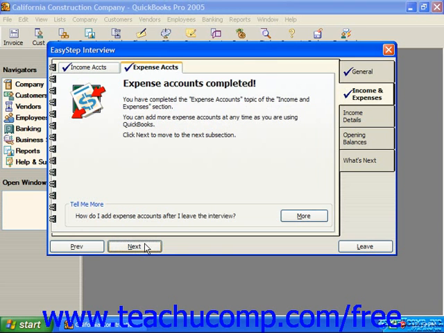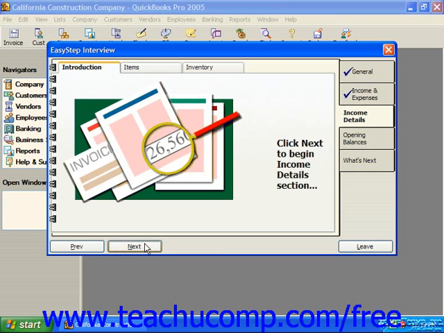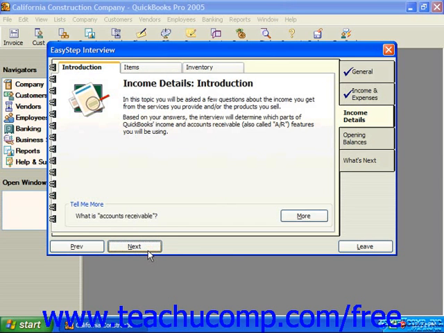Now you just repeat that as needed until you arrive at the Income Details section. Now the next section of the EasyStep interview is the Income Details section, and you should at least complete the Introduction tab of this section. This will tell QuickBooks whether you need an accounts receivable account and whether you want to be able to record